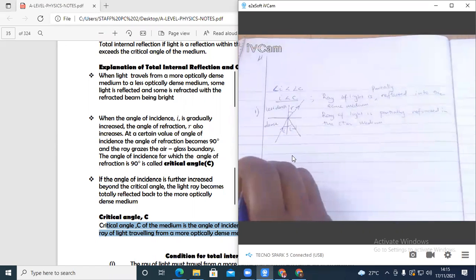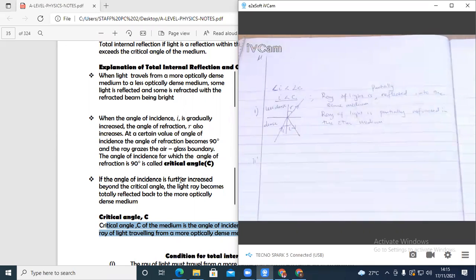Now, from number 2, if we go by the notes here, if the angle of incidence is gradually increased, the angle of refraction also increases. So how do you increase the angle of incidence? By moving this red side. So if the angle of incidence is gradually increased, the angle of refraction is also increased. At a certain value of the angle of incidence, the angle of refraction